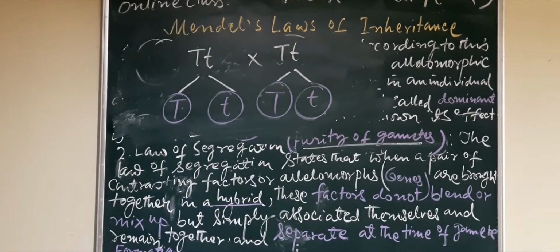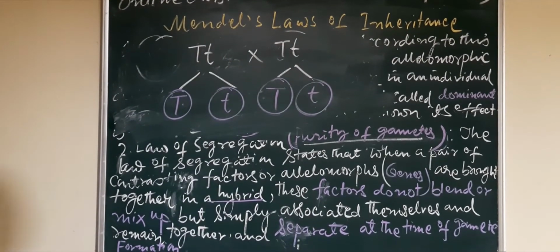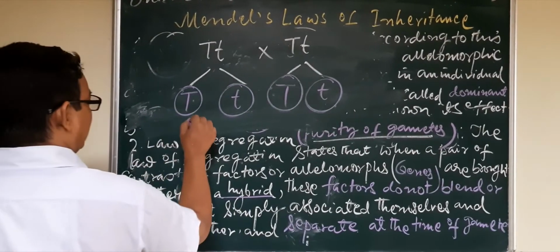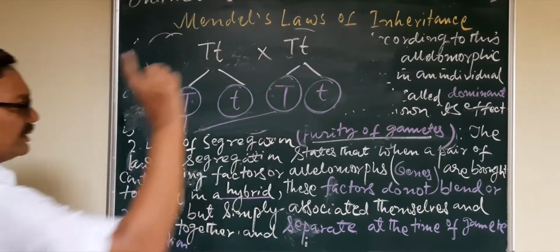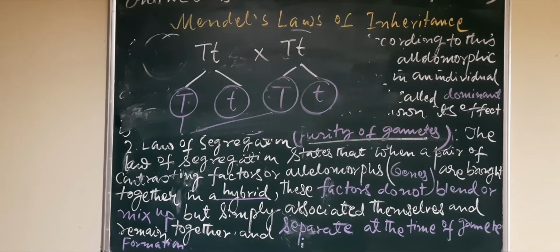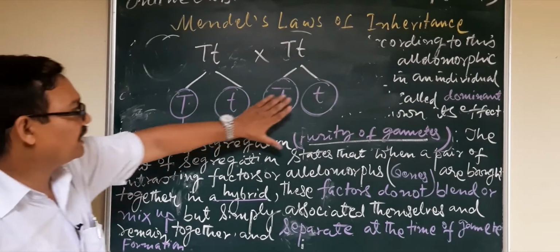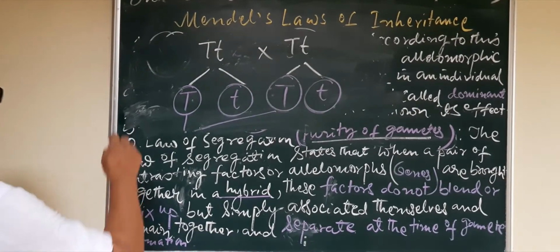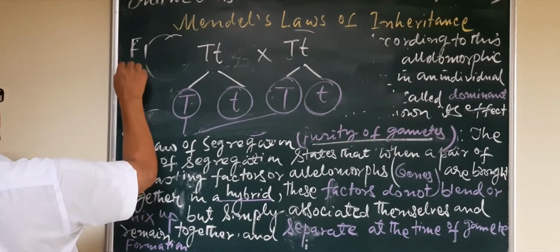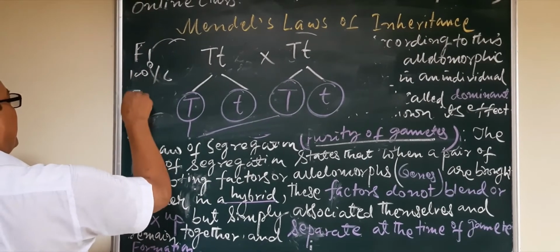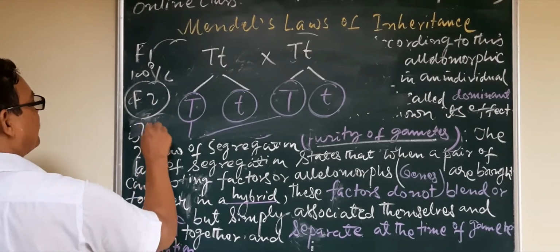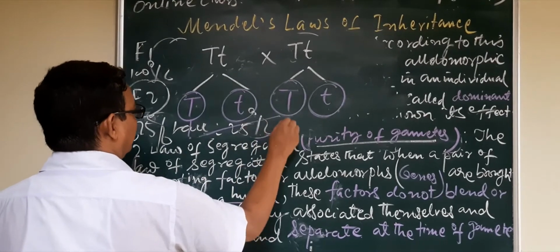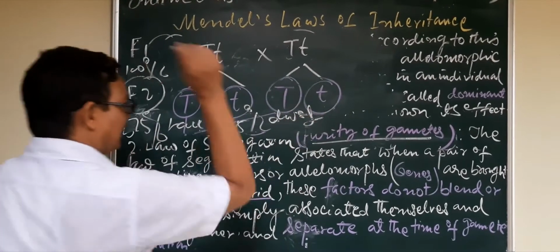और फिर मिलना, that is the assortment, जो हम लोग तीसरा लॉ में देखेंगे। सिग्रीगेट हो जाना और फिर मिल जाना, that is known as the assortment. तो यहाँ पे ये देखिए फिर ये आया। तो इस तरह से आपने F2 में देखा होगा कि इसी के सिग्रीगेट होने के कारण और गैमेट के प्योरिटी होने के कारण हमारा रिजल्ट चेंज हुआ। जबकि F1 में 100% टॉल था, तो F2 में 100% टॉल नहीं हुआ, बल्कि 75% टॉल हुआ और 25% ड्वार्फ हुआ। तो this is also based, the second law is also based on the